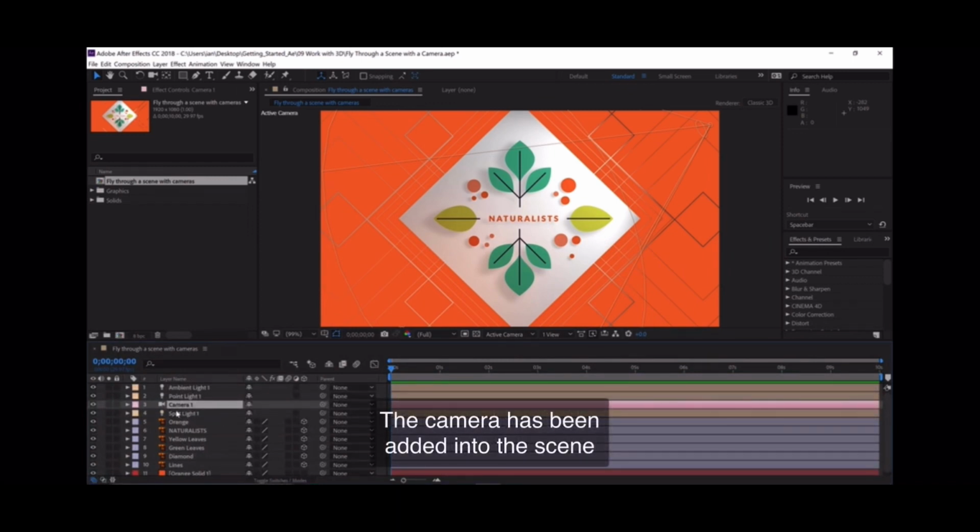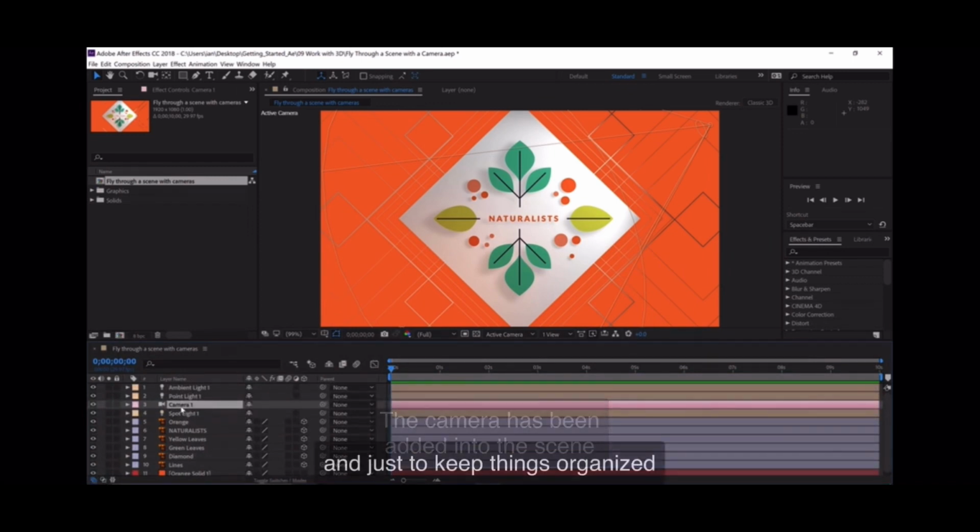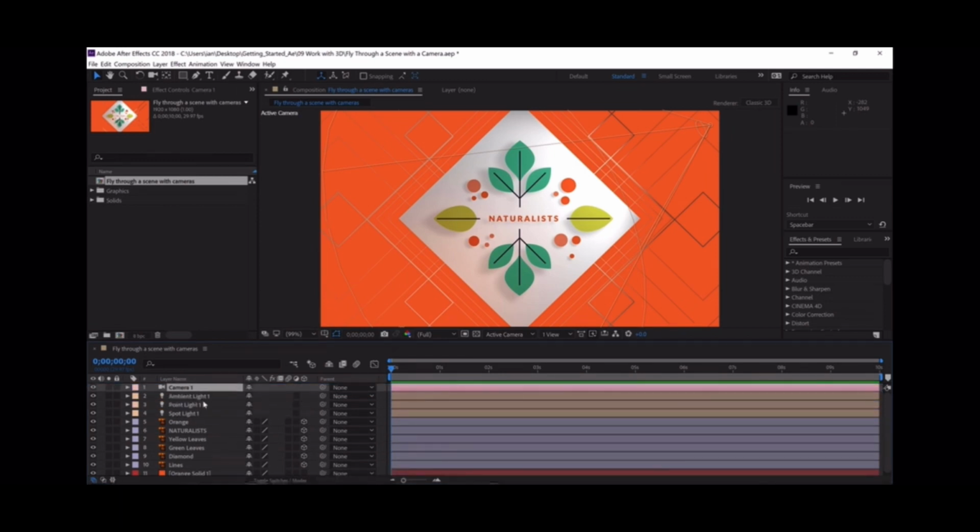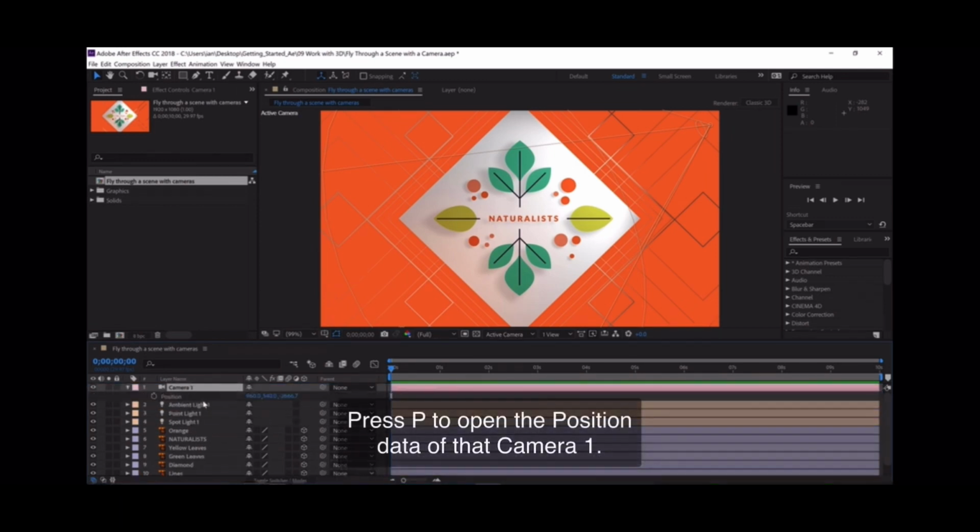The camera has been added into the scene, and just to keep things organized, I'll place it above all of my lights. Press P to open the position data of Camera 1, and then in order to see the scene more clearly,